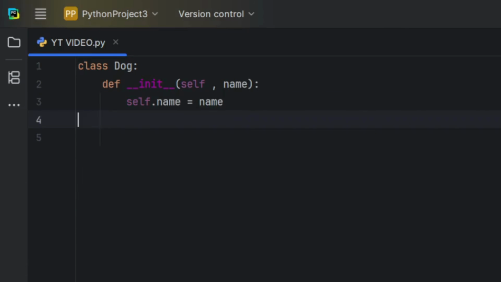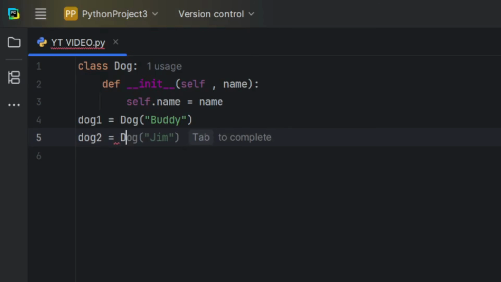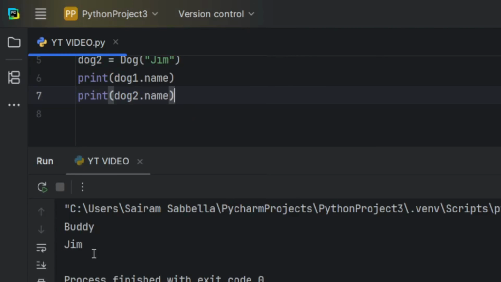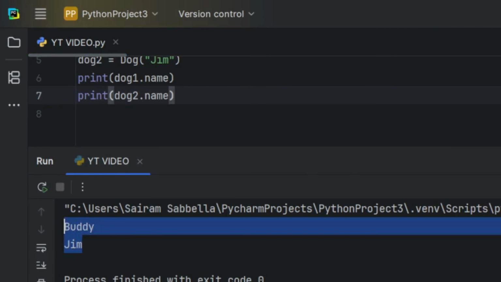So now I make dog1 equal to Dog Buddy and dog2 equal to Dog Jim. When I print dog1.name and dog2.name and run the code, as you can see, we get Buddy and Jim.